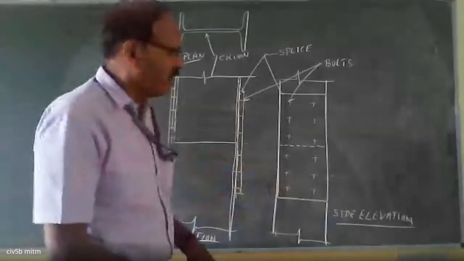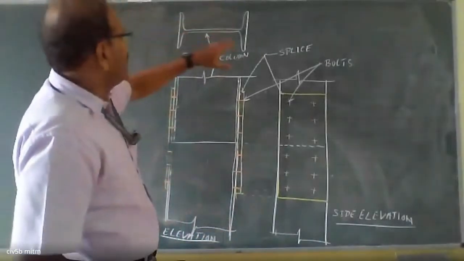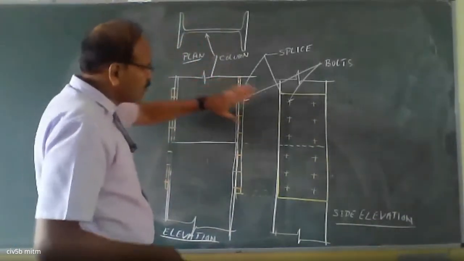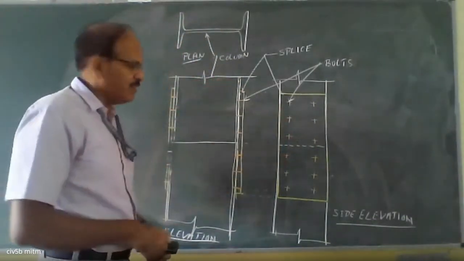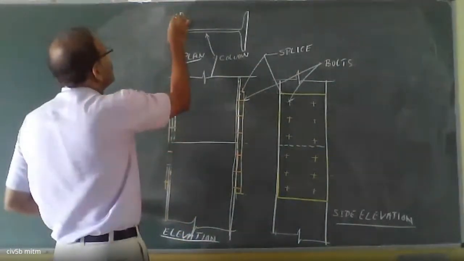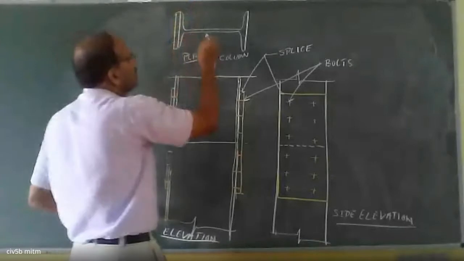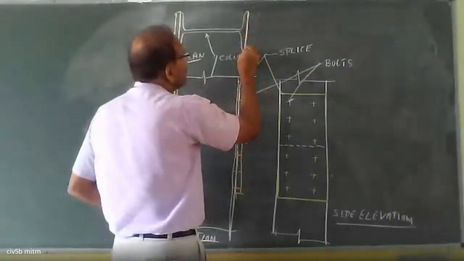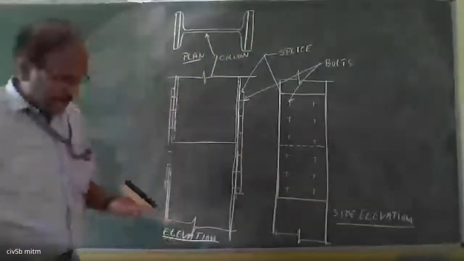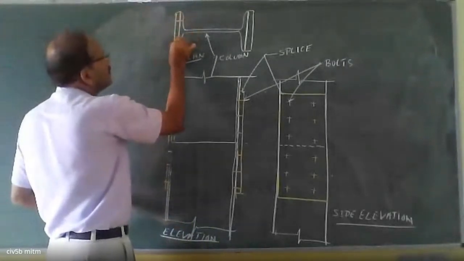This is side elevation. Sometimes what they do is, if you orient the direction of this I section this way, then this is going to become front, this is going to become side elevation. So it doesn't matter. When you are looking in the plan, what you see is this. These are splice plates of certain thickness. Again, thickness is decided based on the design. Then these are the bolts.